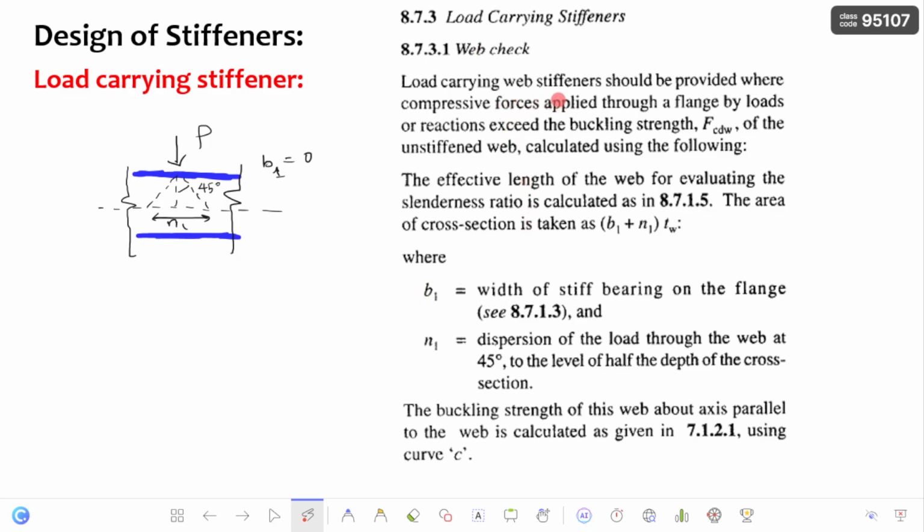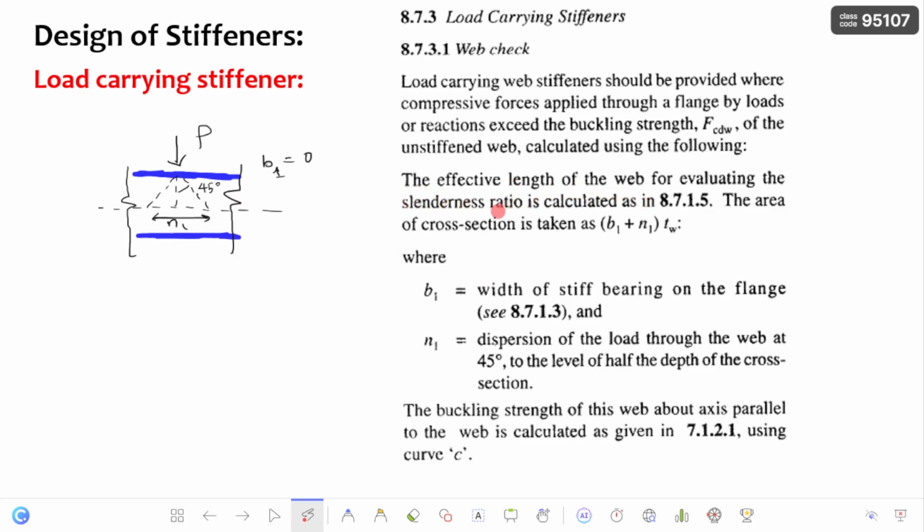Now coming to the load carrying web stiffeners, they should be provided where compressive forces applied through a flange by loads or reactions exceed the buckling strength FCDW of the unstiffened web, calculated using the following. So whenever the concentrated load is applied on the plate girder, if at that location the web is not sufficient to take the load, then at that location it is necessary to provide the stiffener, that is nothing but the load carrying stiffener. So to calculate the capacity of that web, here it is given that the effective length